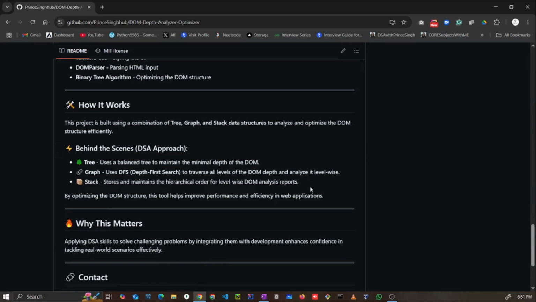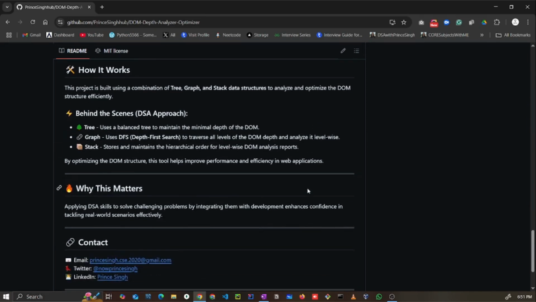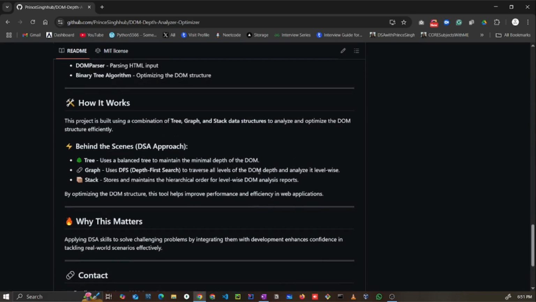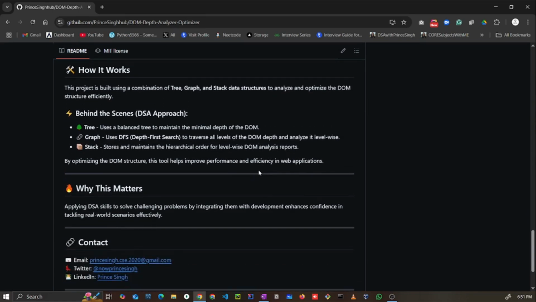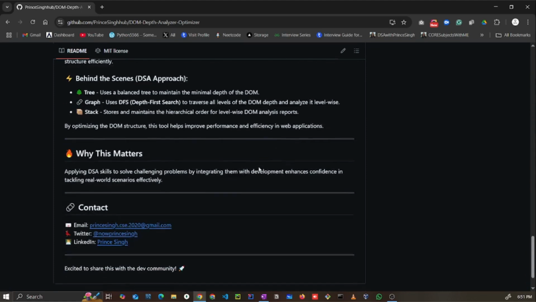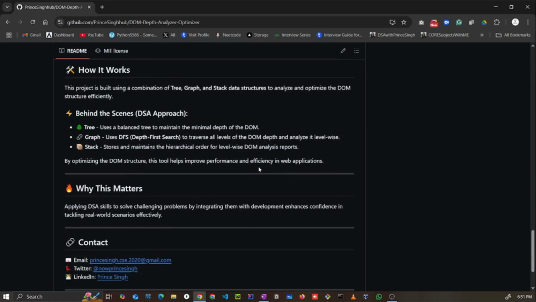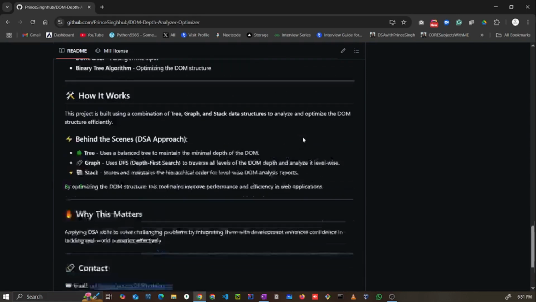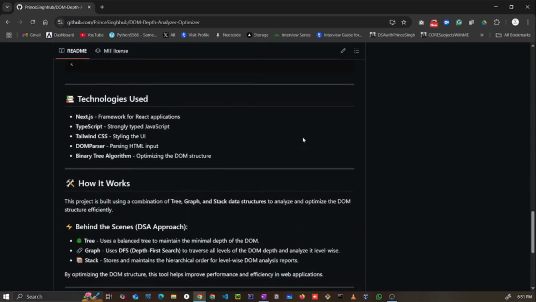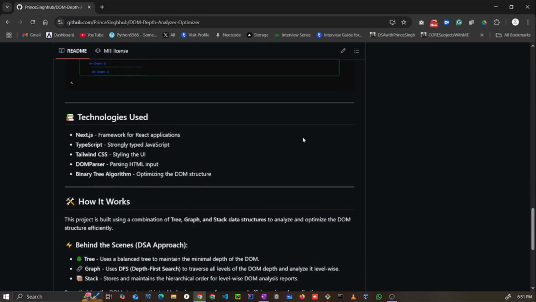As you can see here, I use the balanced tree concept to maintain the minimum depth of the DOM, as well as I use graph depth search for tracking all the levels of that particular code chunk, as well as I use the stack to store and maintain the hierarchy of the order of the levels, level wise, right? So basically I use DS algo concepts for analyzing the DOM depth,